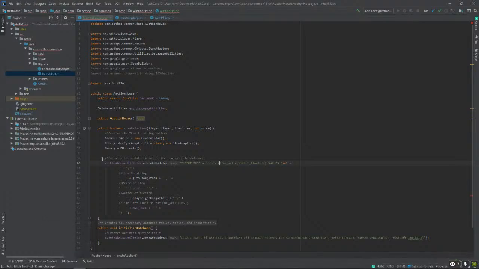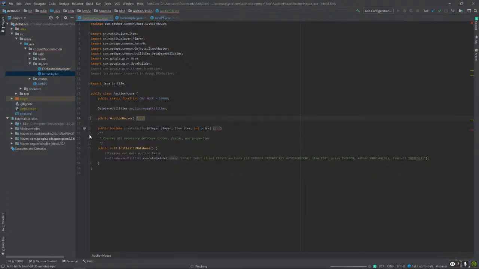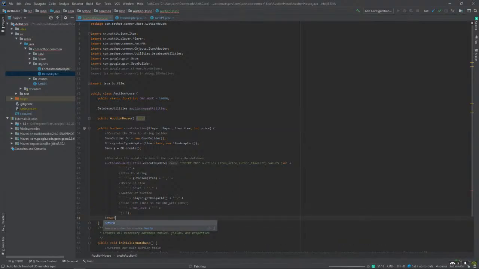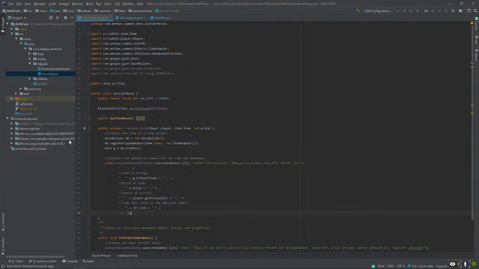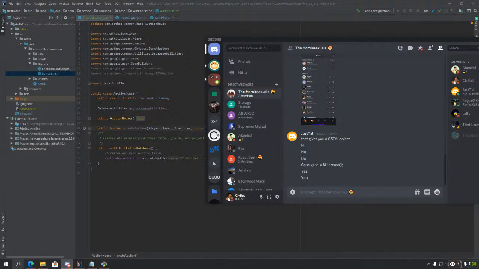So I wonder if this works now. Wait, I can just return this. All right. So the create auction function is finished.